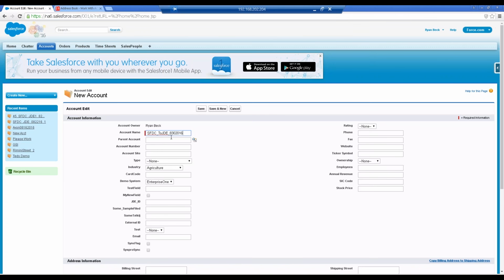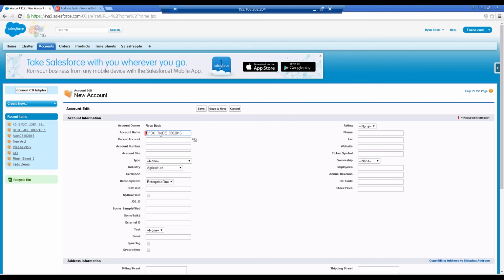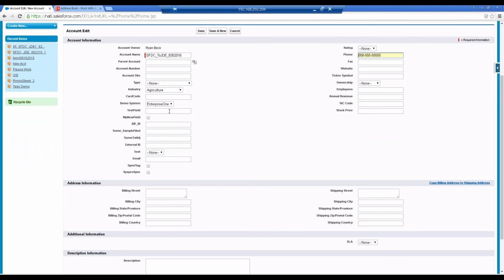So you just tell them to go ahead and do what they would normally do. To show you how this works, I'm going to go into my Salesforce and my JDE environment, which should already be running. Yes, it is. So I'm going to create a new address book